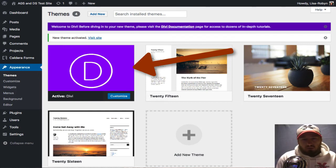The hardest part was to make WordPress software work with hosting, with the Divi Builder all together. It was just one big mess. For almost 2 years, I had a lot of problems